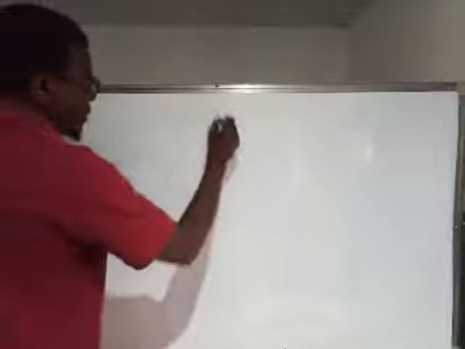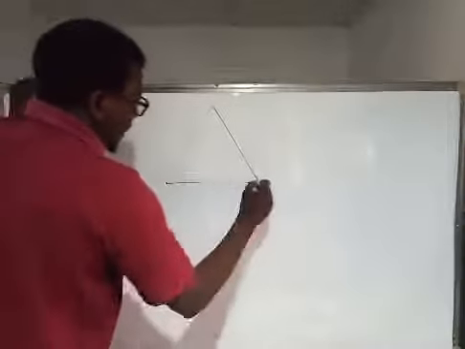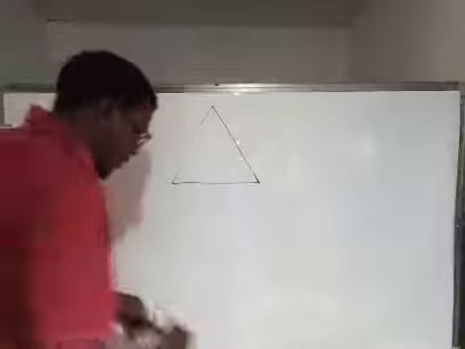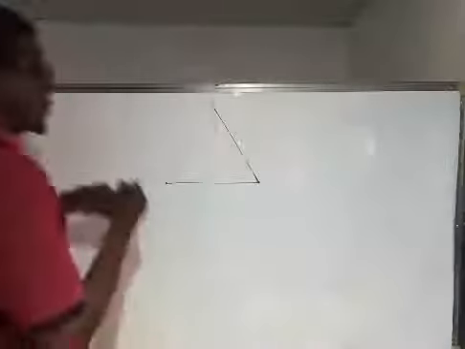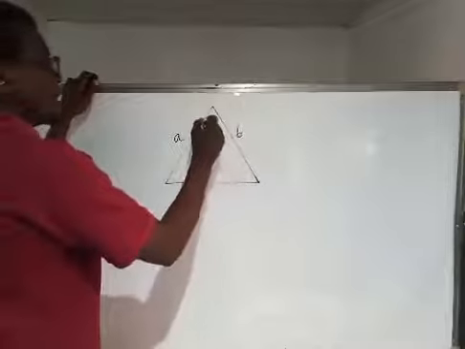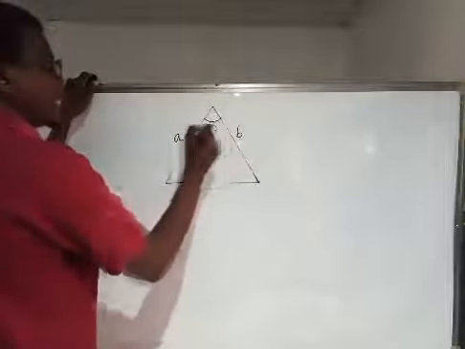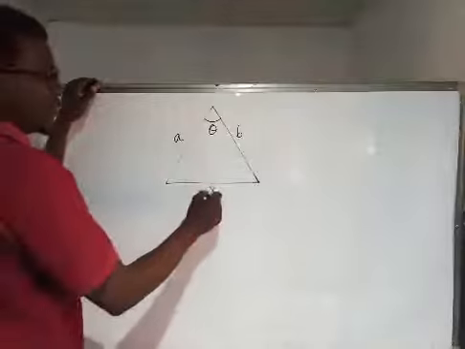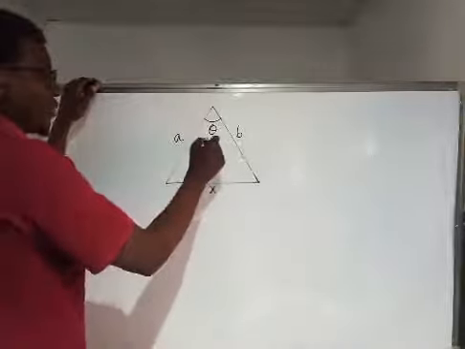Okay? With the cosine rule, we are comparing the length of this side with the cos of